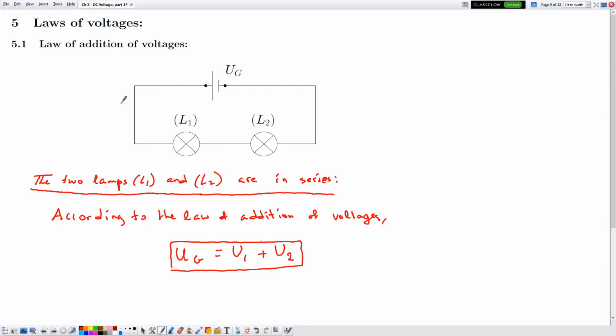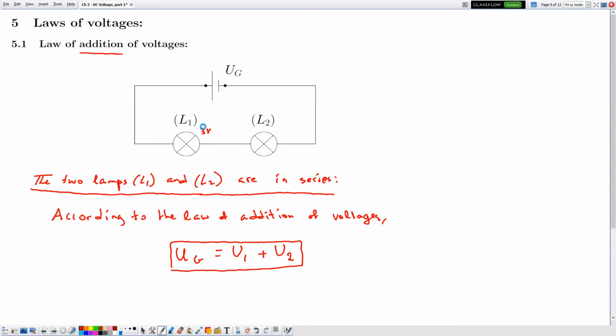Then from its name, the law of addition of voltages, addition, which means that always the voltage of the battery is equal to the sum of the voltages of the different electric components, which is given by the voltage U1 and the voltage U2. For example, here, if the voltage across the lamp L1 is given by 3 volts, then